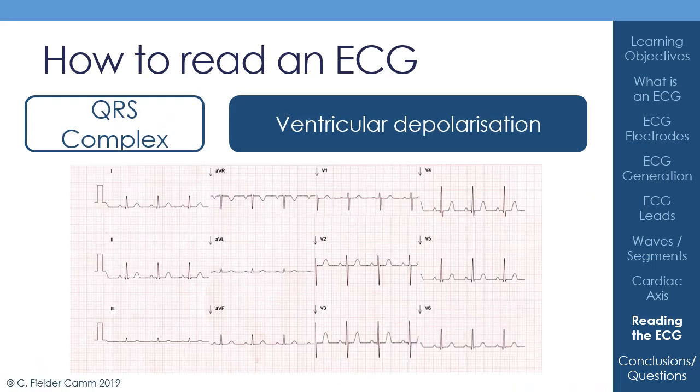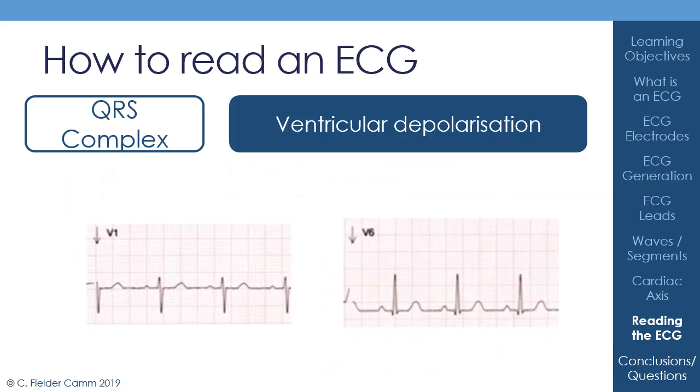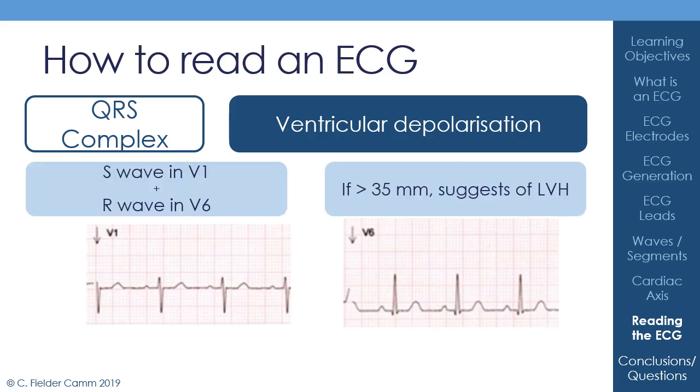So how does this work in practice? Well, here's our ECG tracing in full. If we take our V1 and V6, what we want to know about is, in V1, how big is the negative deflection? So if you recall, V1 comes from that right-hand side of the chest, so it's looking at the ventricle from that right-hand side, and the ventricle depolarizes from right to left. So that left ventricular depolarization is going to be occurring primarily away from V1. And so we're interested in that negative deflection, which represents that left ventricular depolarization, and that negative deflection is the